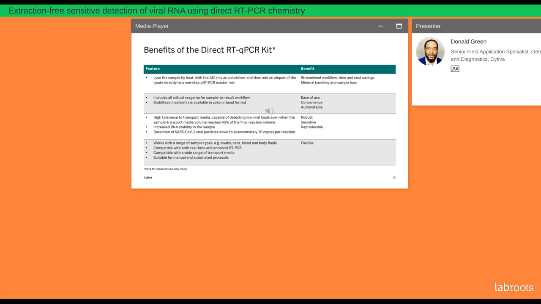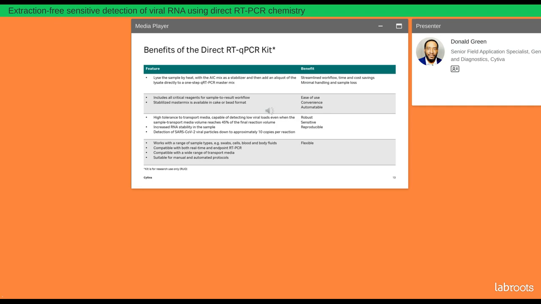Our kit includes all the critical reagents for sample to result workflow. There's a stabilized master mix available in cake or bead format, which really provides you a very ease of use, convenience, very automatable. Some of the benefits that we'll discuss in the data down below, you will see that with our kit, you actually have a higher tolerance to transport media, which allows you to be more capable of detecting low viral loads, even when the sample